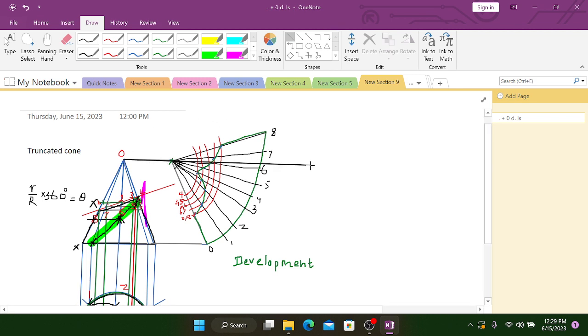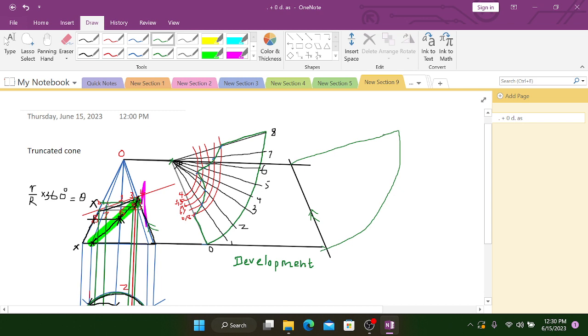I'm extending this one up to here, and also I'm going to extend this one up to here. Then I want to draw a parallel line in this way to this slope. This is parallel to this now. Then with the same theta value, I want to draw this kind of